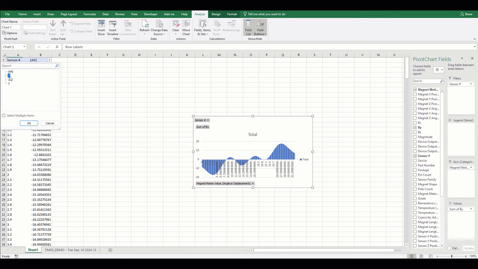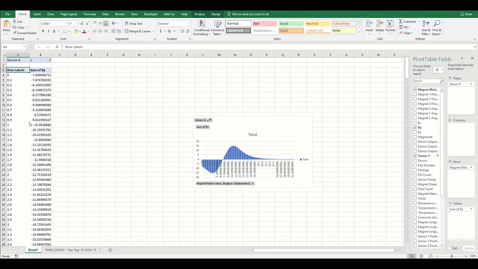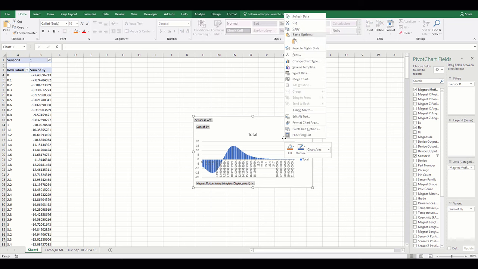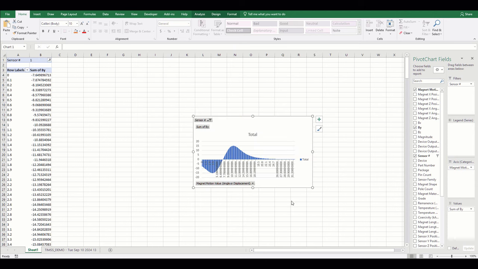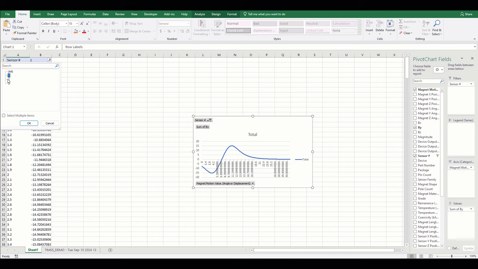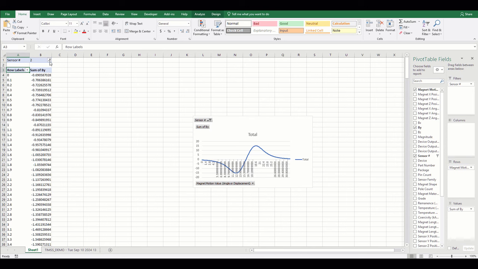Once we select this, the default histogram will display only results for sensor number 1, and we can also change the chart type to be a line graph. Now, when we step through the sensor number values, we will see the same data in a similar way to what we saw in the TI Magnetic Sense Simulator.